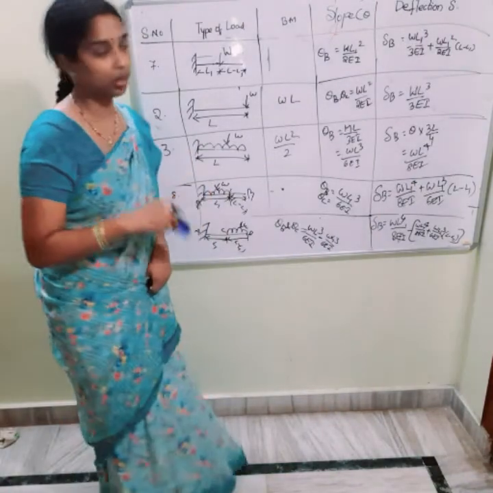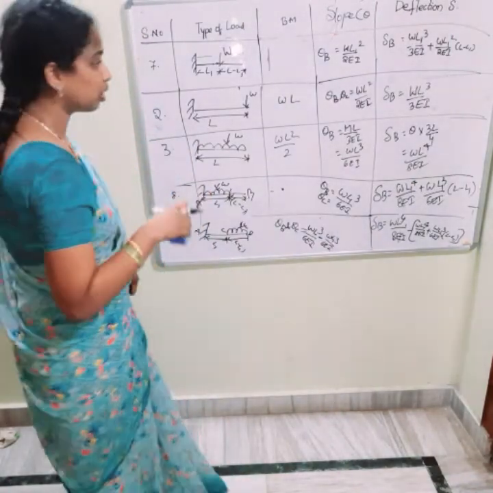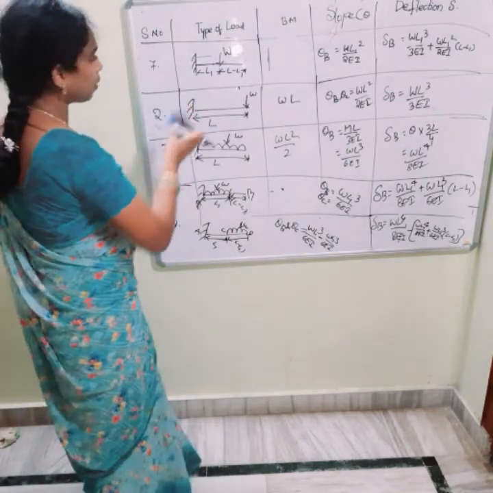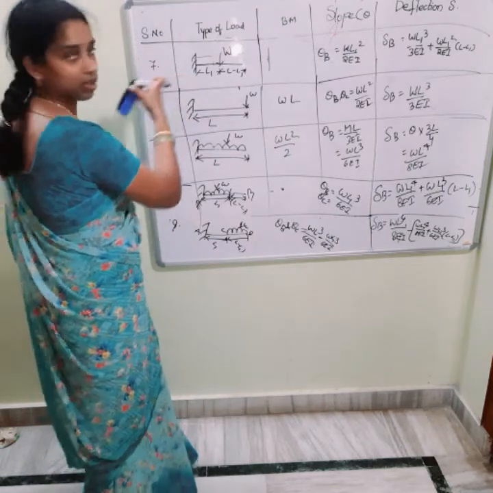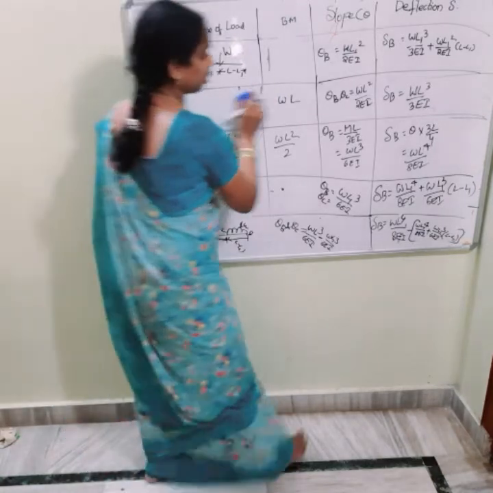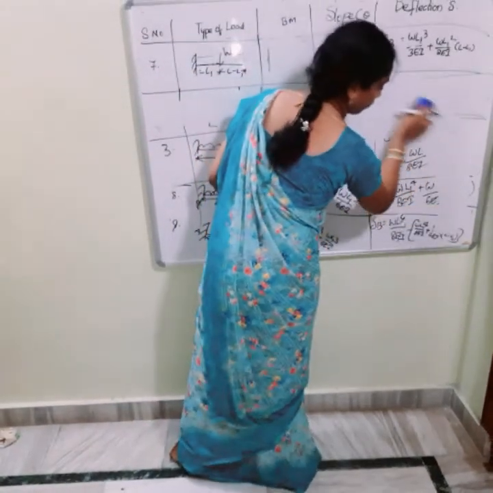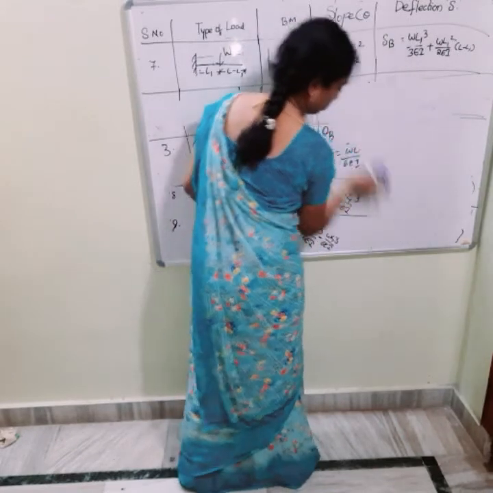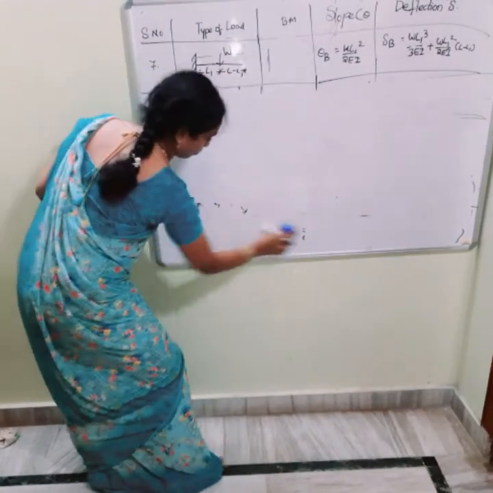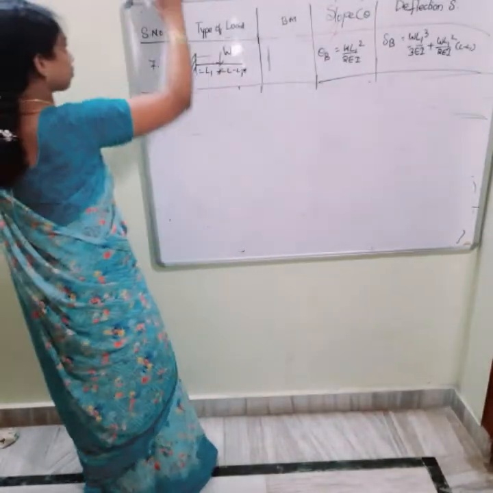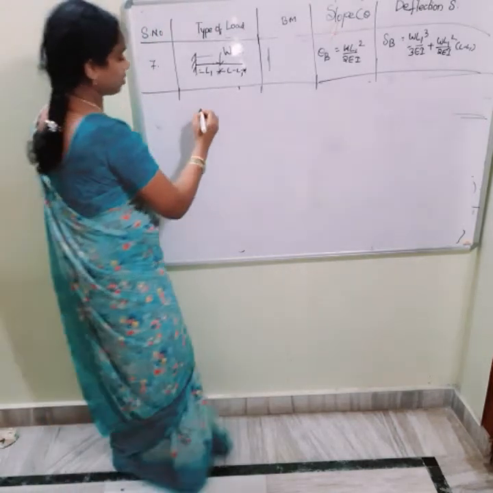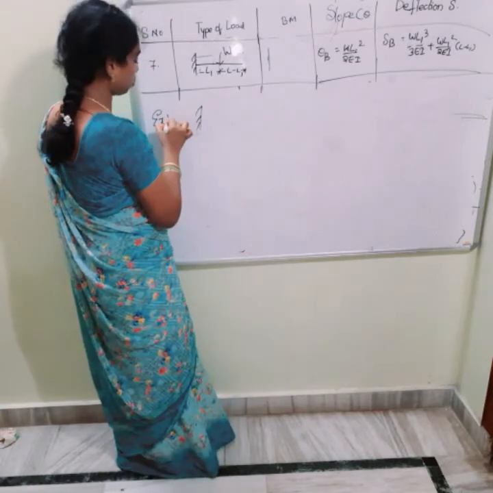I think everyone understood how these formulas are applicable, right? Now any problem you can say. Now I am taking a simple problem, so using this formula, how to calculate the prop value I will calculate. Analyze the given propped cantilever beam. For example problem I am taking, how to calculate.